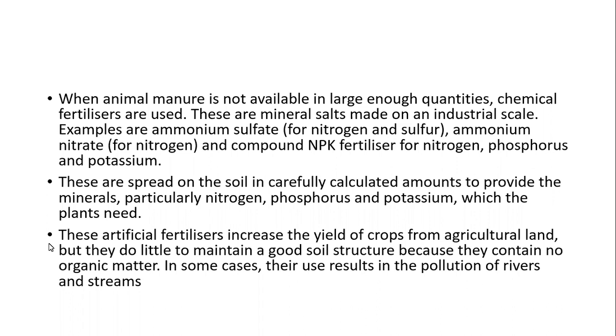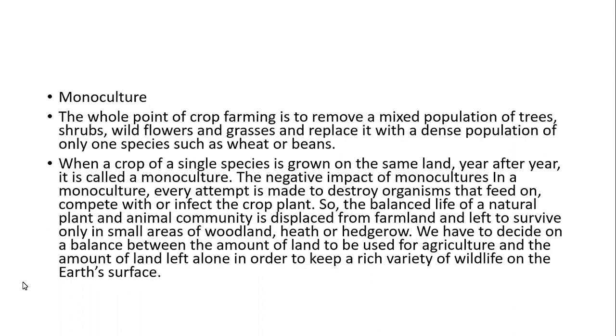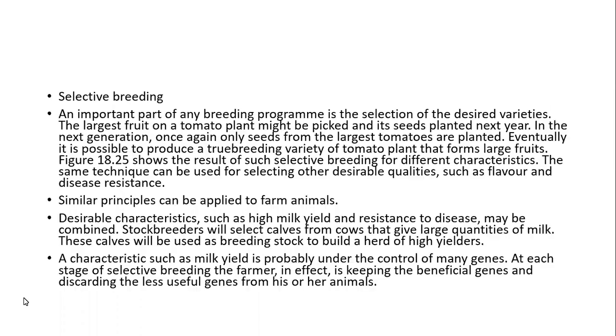So, for example, if the plant is deficient in nitrogen, what will you observe? Stunted growth. The plant will not grow. If the plant is deficient in magnesium, what will you observe? Yellow colored leaves, right? So, you guys should know about this. Now, these artificial fertilizers are good for us in the way that they're giving us the crops that you and I need to eat, right? But they cause a lot of problems. One of the problems that they cause is known as,